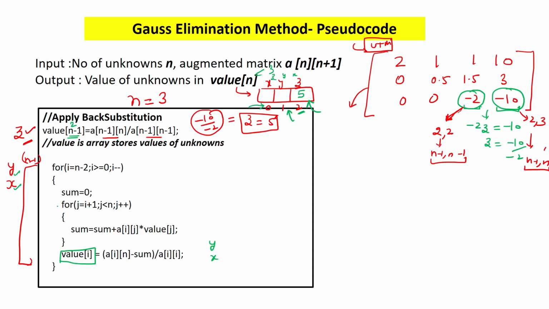But there is some for loop before that. We will see that. Now before that, how many times will this for loop run for n equal to 3? You will say 3 minus 2 will be 1, and so this loop will run 2 times. So in one iteration it will find y, and in the other iteration it will find x. So let's see how we can do that.